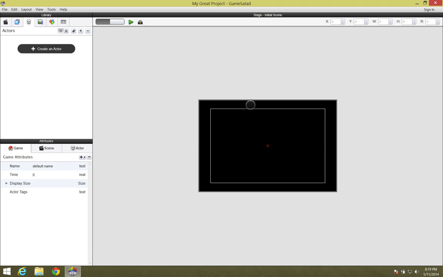Earlier we learned about the rotate behavior. So let's take a look at the rotate to behavior. I'll create a new actor, call this actor Roger, and I will drag Roger down into my scene. I'm going to click on Roger,